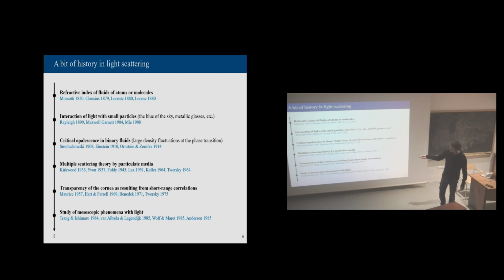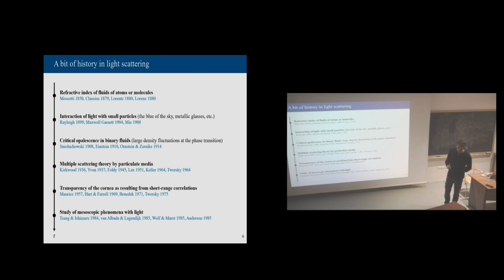So actually, the quantitative predictions of the scattering cross-section or scattering length were, in the works of Einstein and of Rayleigh, exactly the same, although the initial model was not the same. And we will see in the presentation that it makes sense to have the same quantitative results, and I will explain why. Then you have the multiple scattering theory for particulate media, that was developed over a few